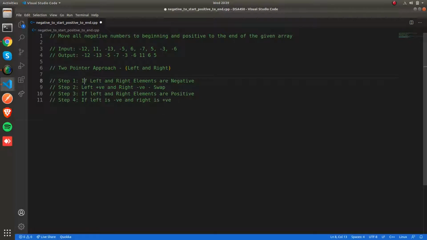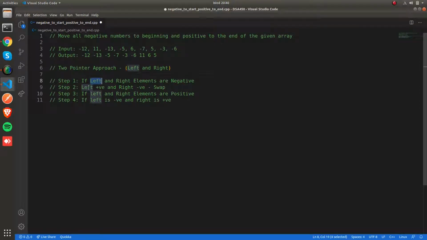So the first step is going to be if both the left and right elements are negative, then we can say that the left element is at position and the right element should be positive, right? So since the left element is at position, we are going to increment the left pointer.